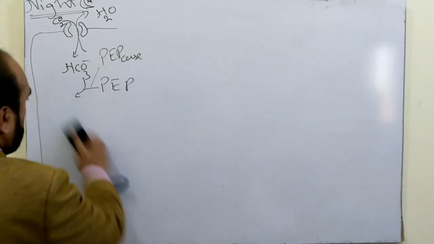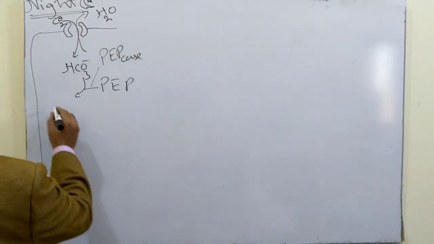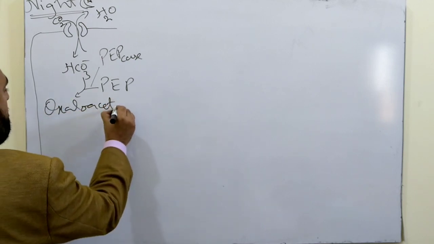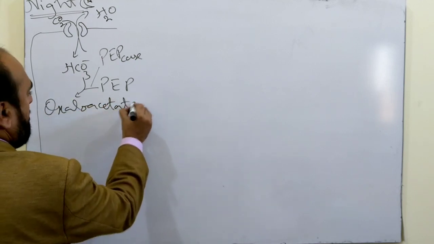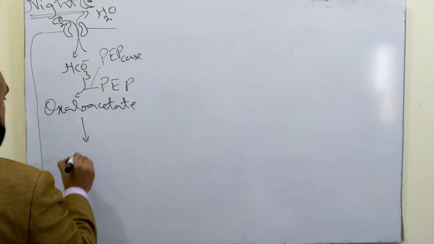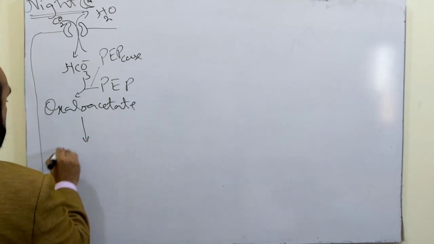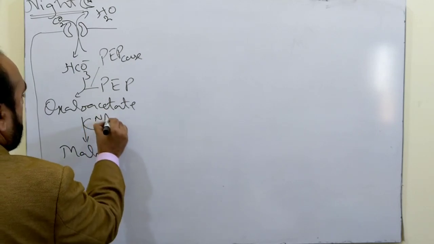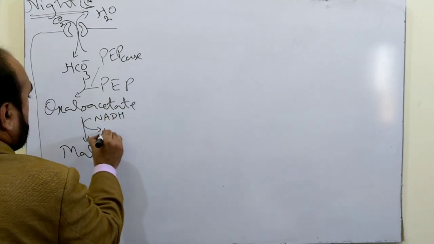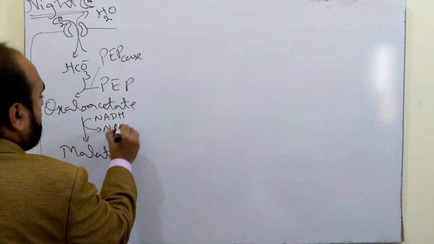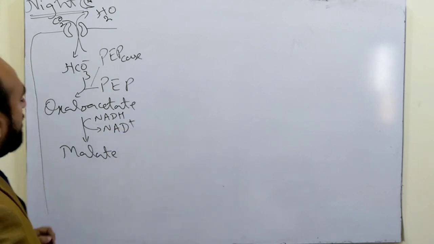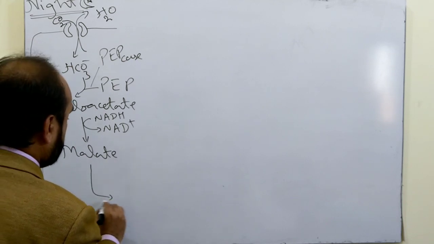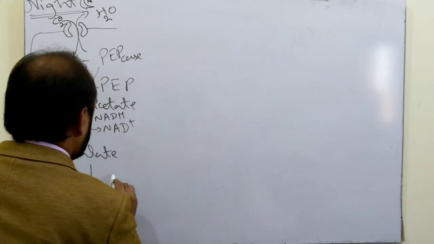Let me write its full form here. This oxaloacetate is reduced to malate using the malate dehydrogenase enzyme,